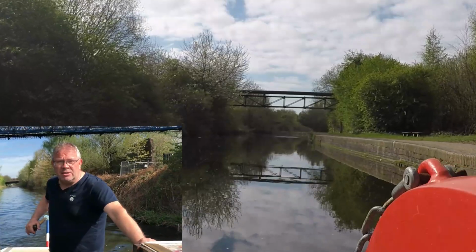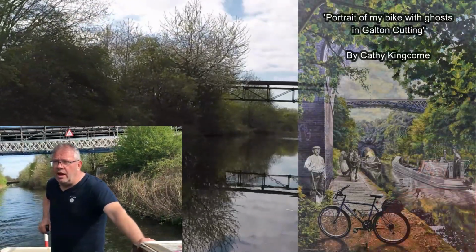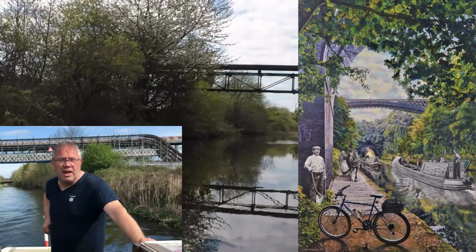So Cathy's an artist. You'll remember the stuff I did in the Galton cutting, and I showed you a picture, a painting that she'd done, which was fantastic, of the Galton cutting and the Galton tunnel. And she wants to do a similar thing at Bawdsey Junction,